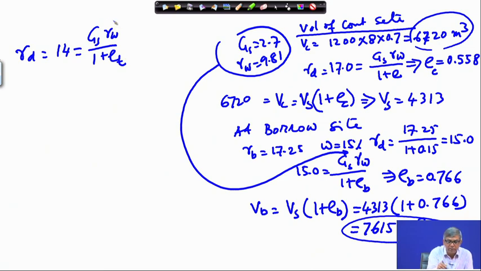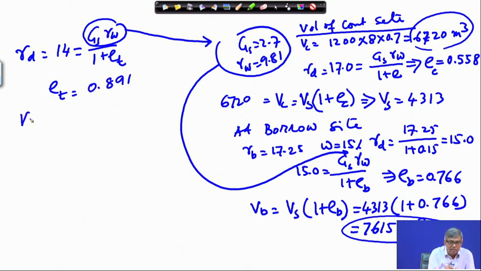If I take the same as this, then this gives you e transport will be a value 0.891. So, V transport will be how much? Vs into 1 plus e transport. So, if I use this value here and Vs already known, then I am getting a volume equal to